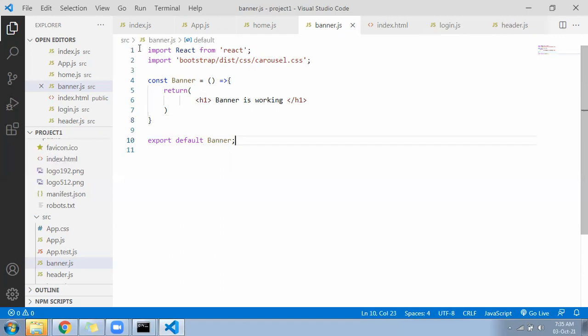Okay, so home and banner, both components, are ready. Now come to the home file. In the home file, we will be calling this banner.